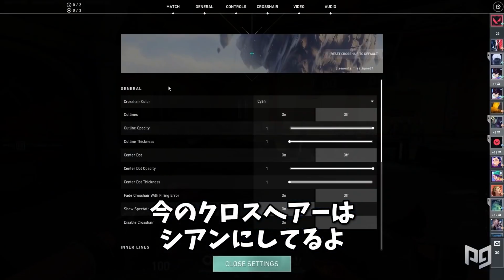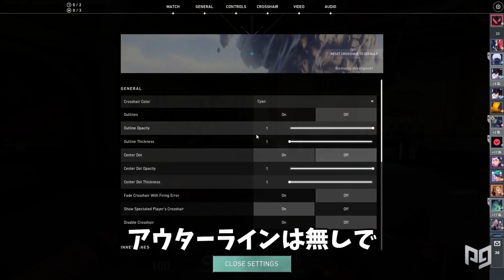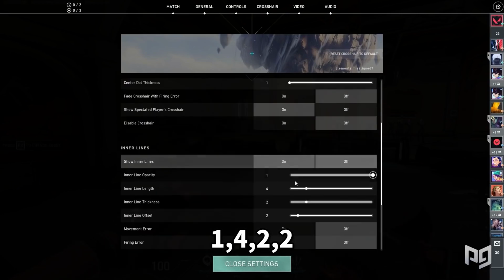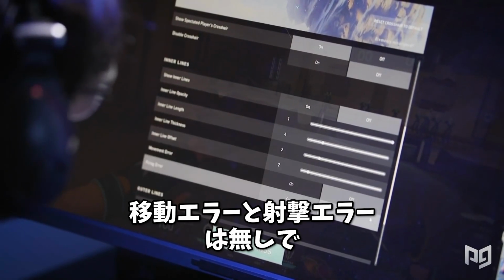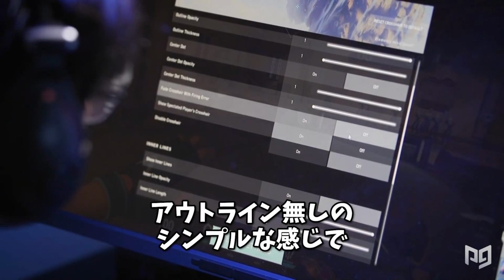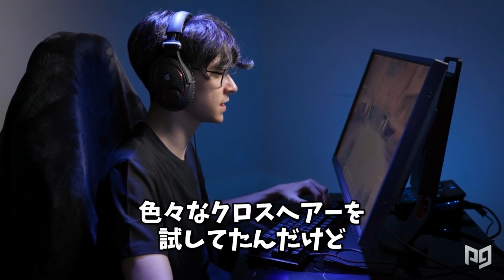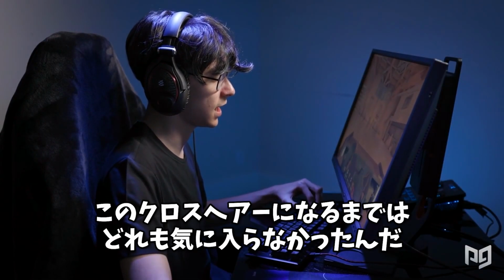My crosshair right now, I'm rocking the cyan color, and I have no outer lines, I just have the inner lines, and it's 1422. It has no movement error, no firing error, basically no outline. It's just really simple. When the game first came out, I was testing a lot with crosshairs, and I didn't